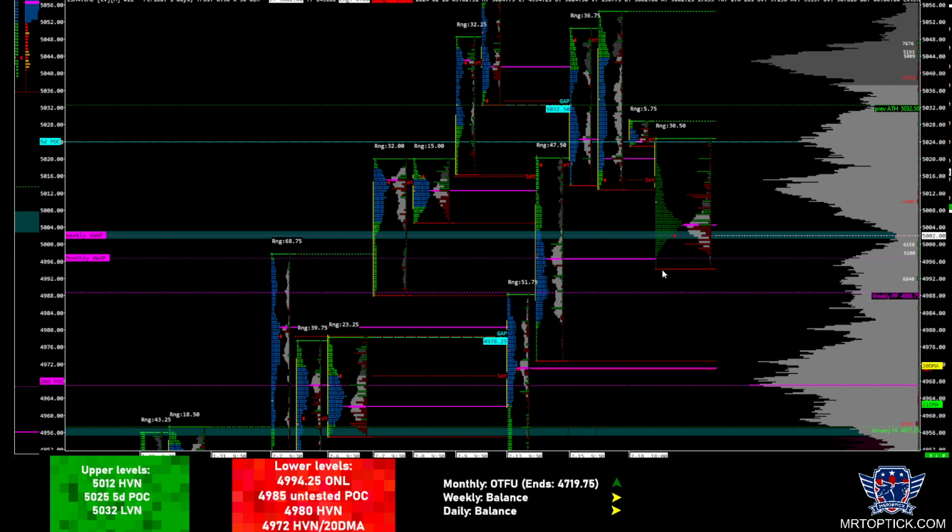We have a little bit of excess here, and it's been trying to come down lower, but it hasn't been able to hold below 5,000 for much. And given the fact that we have inventory 100% short, meaning from the close from Friday, right? Actually, the close from Friday is down here at 5019.75. We did have this session up here, but most of the trading happened below that. So we're opening with a true gap outside of this range,